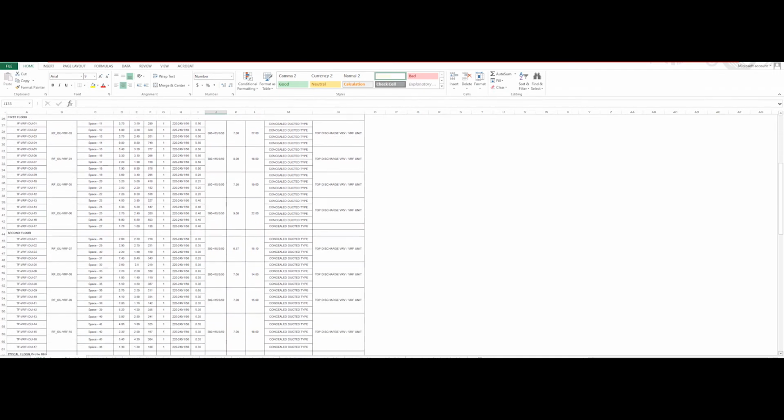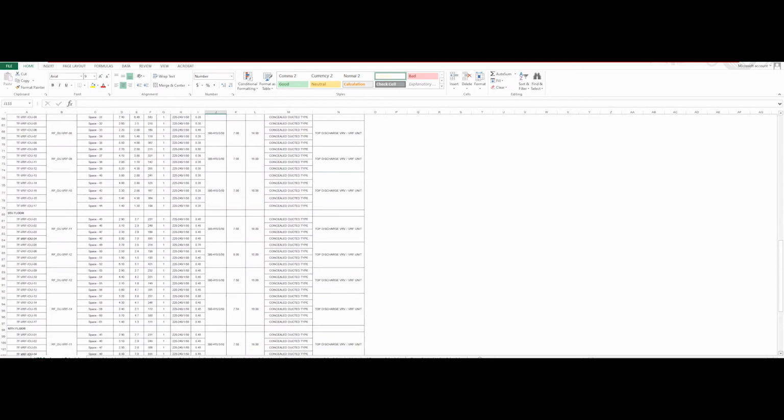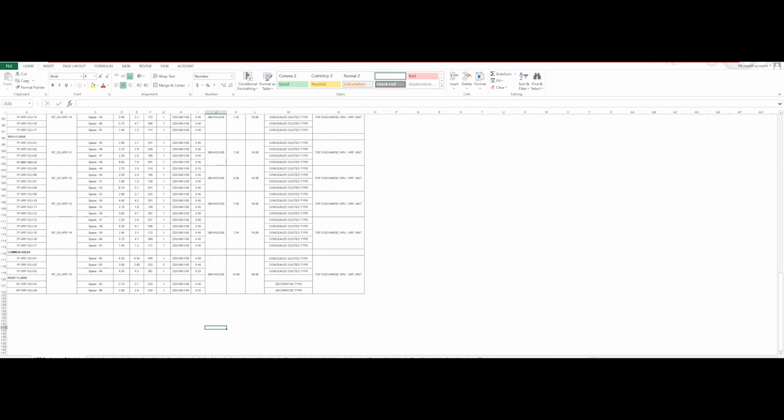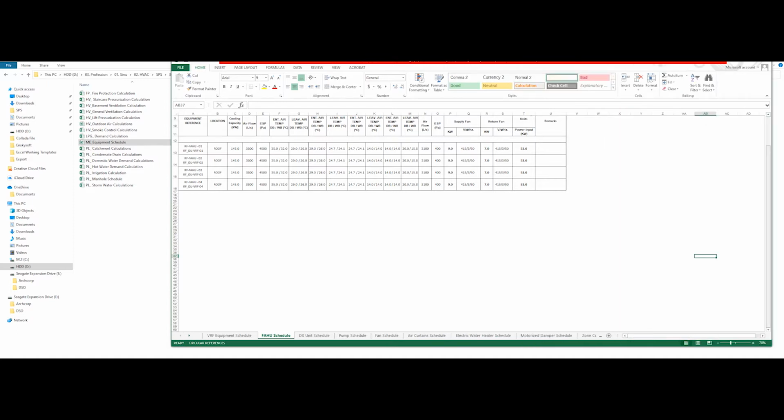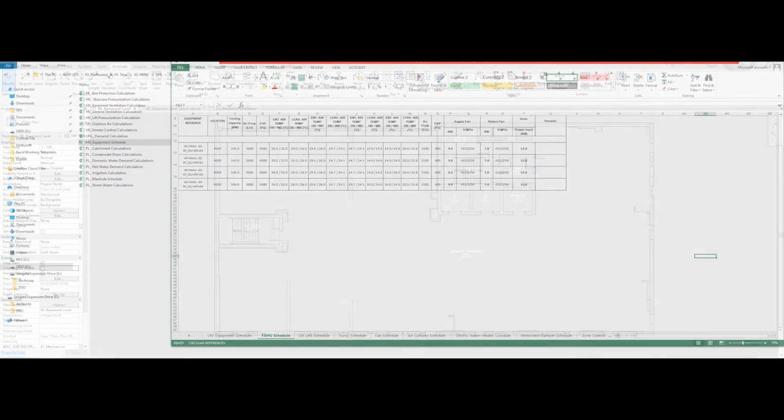At last, I just want to show how the mechanical equipment schedule was prepared earlier. This is our VRF equipment schedule for a residential apartment, and here you can see the parameters which need to be filled in manually one by one. This process is followed for all mechanical equipment including FHU, DX units, pumps, control valves, etc. These parameters don't have any automation or collaboration with any other disciplines. Also, this process of work must be repeated in each revision of the architecture drawings.